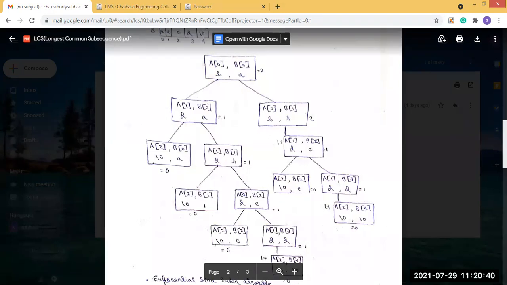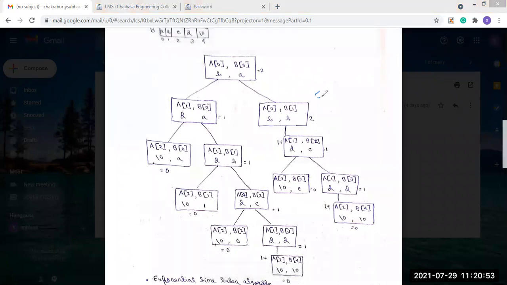After that, we said that this algorithm takes exponential time, and its complexity is in the order of 2 to the power n.